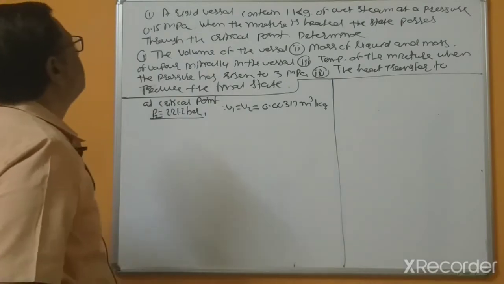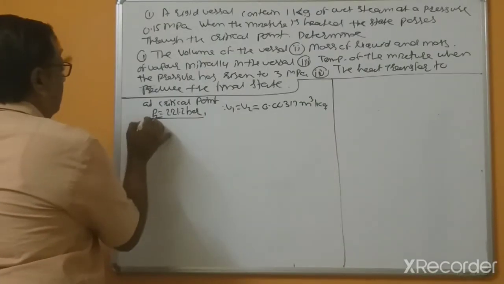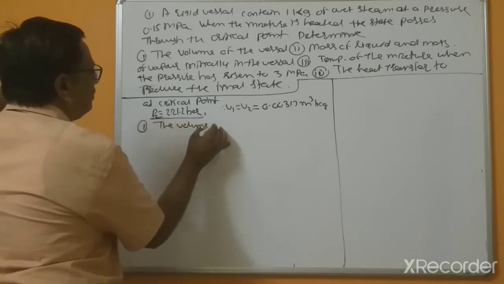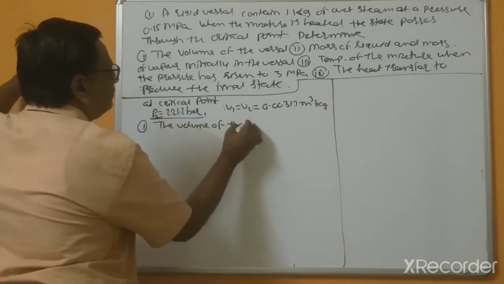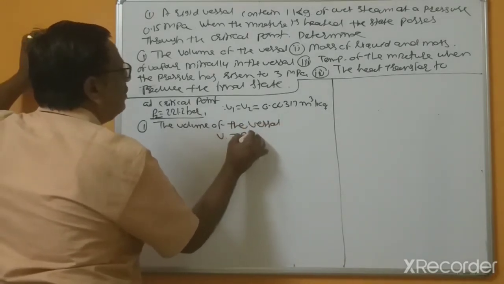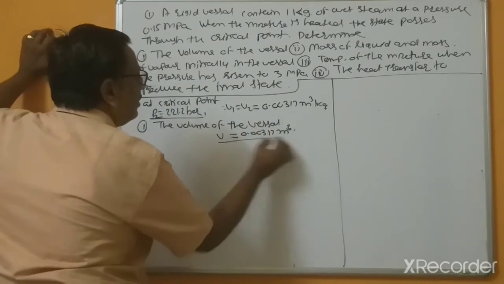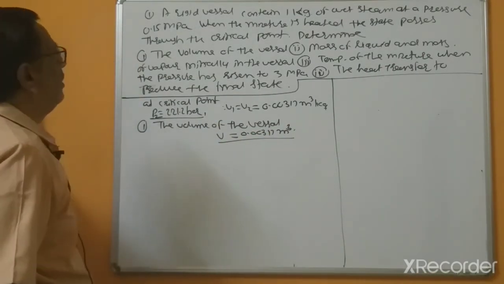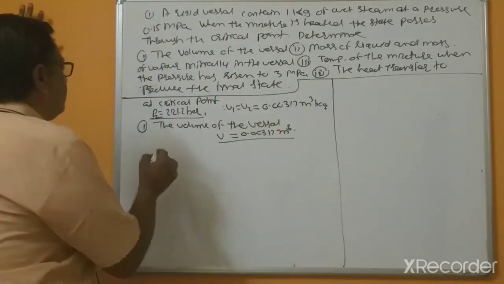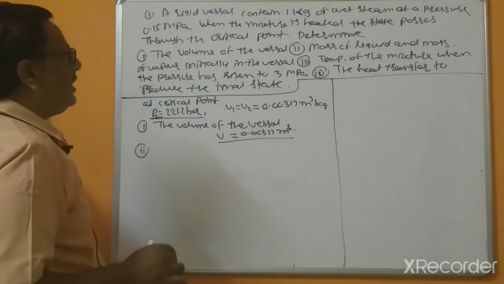So it is asked the volume of the vessel. So first bit, the volume of the vessel, V equal to 0.0317, because this remains same, and this is per 1 kg, so that's why this is meter cubes. Second bit, what is second bit? Mass of the liquid,